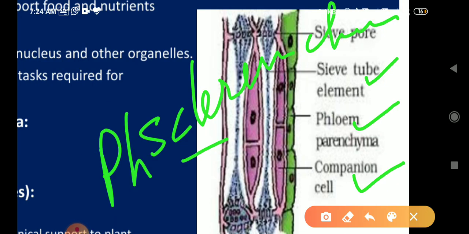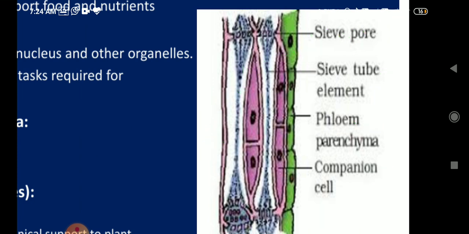Two are the common components. One is the parenchyma and second is the sclerenchyma. Okay. Then see